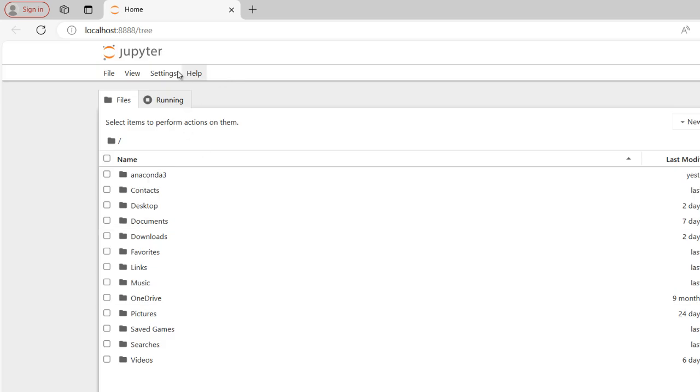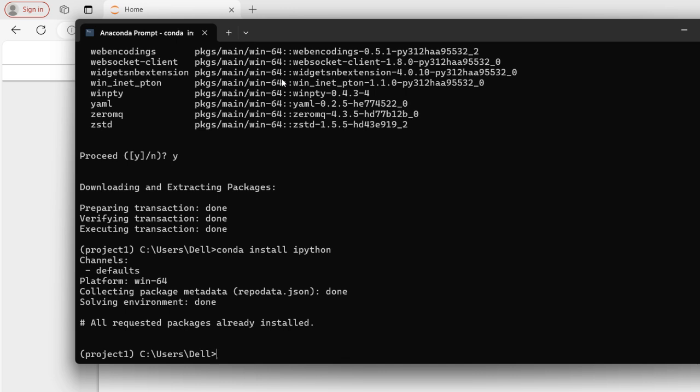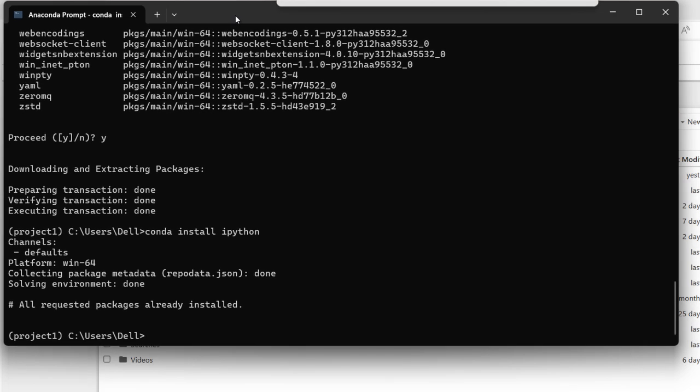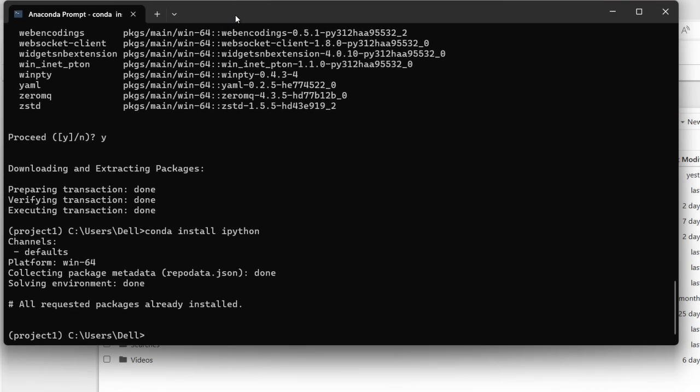See, the Jupyter Notebook is successfully created. As you can see, the Jupyter Notebook has been activated and opened, but we cannot find where to write our code. It's because a proper path or directory is not yet created. So first we will make a directory or a path for our project to be kept there. And for that we will write a simple code. Again, open your terminal. In your project 1, make a directory for your project, and for that write the code